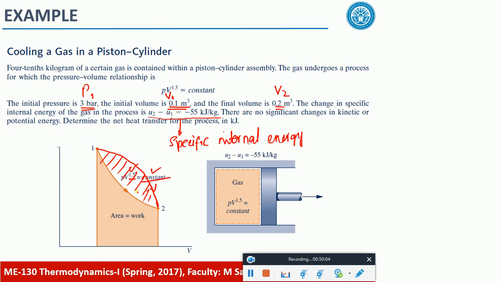Sir, if the relation is PV^γ equals constant, then it will be an adiabatic process. PV equals, so it would just describe this line. It will be an adiabatic. Why? Because you can't change the gamma part. No, still I can change. If I make it from 1 to 1.2, what does that mean? What do you say then? I mean, it's the same thing, right? So if the process looks like as if it is affecting work, it is not an adiabatic process. Remember that. If it is not affecting, it means it's an adiabatic process.